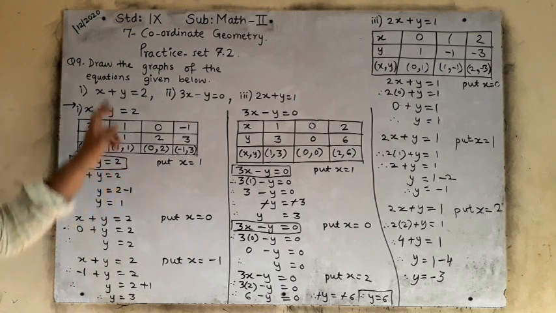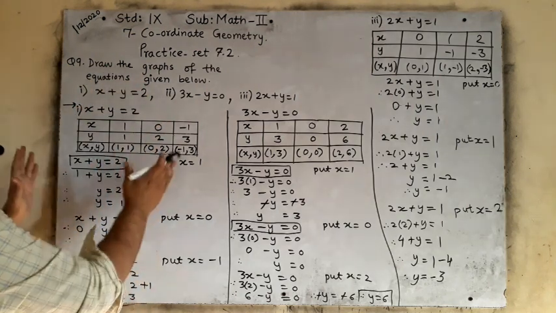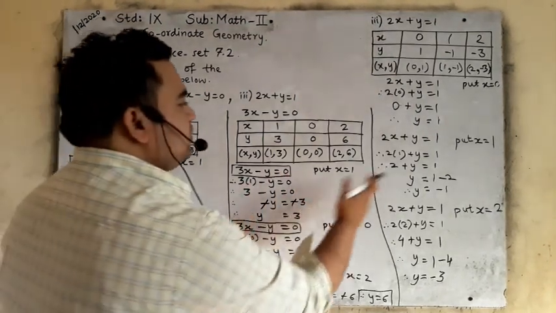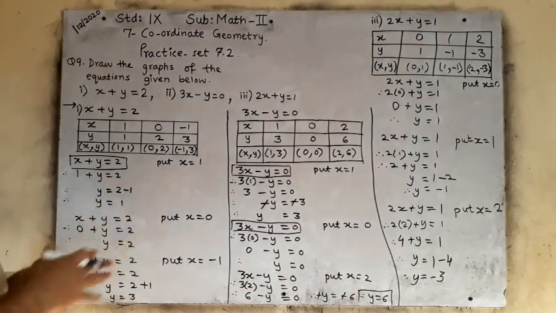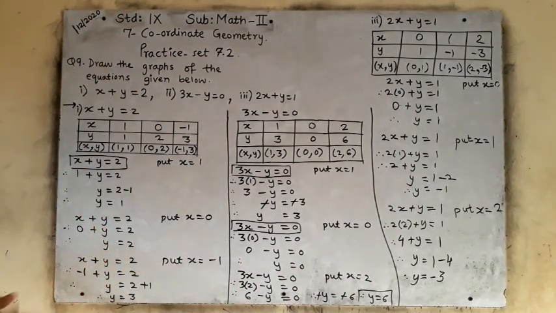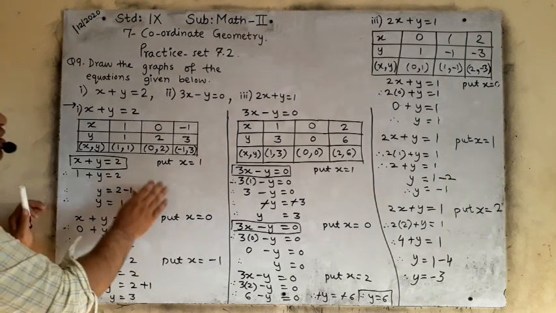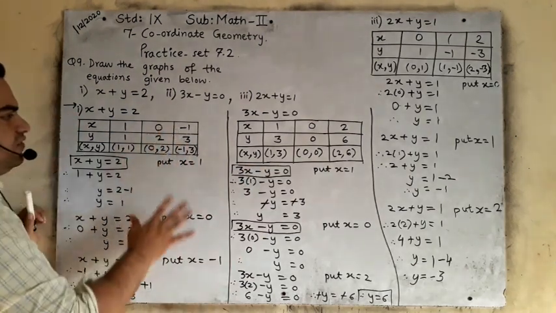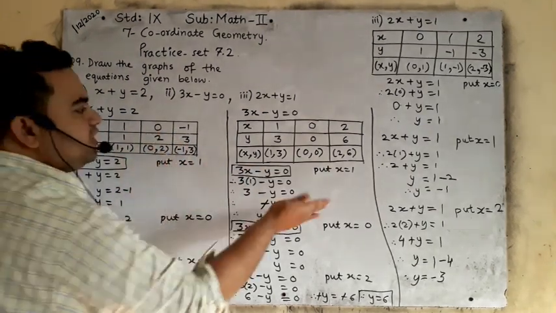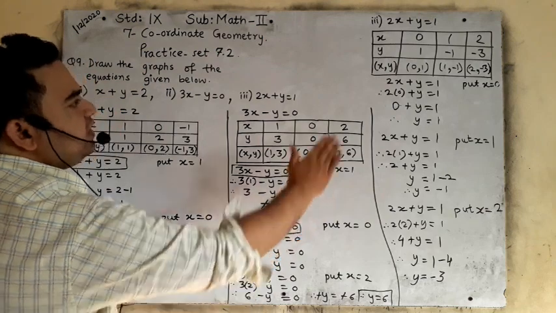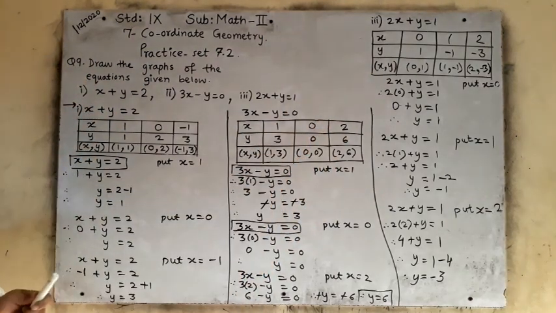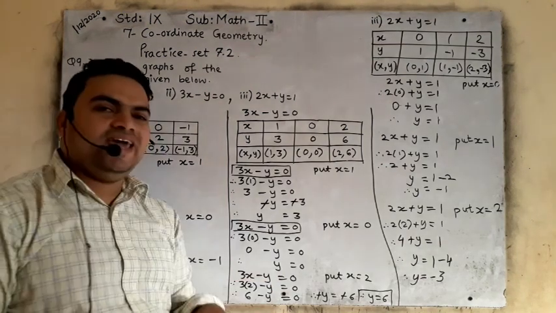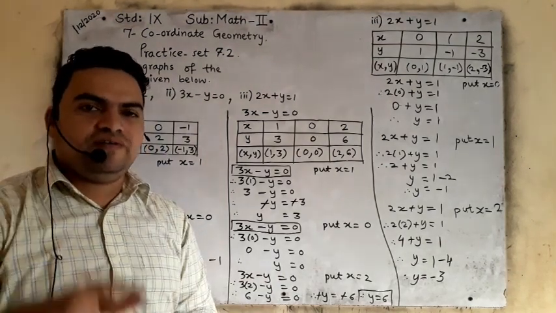You can draw the 3 different graphs, one graph for this, one graph for this, one graph for this, or you can show all the points in the one graph also, no problem. Is it clear? It is better if you draw 3 different graphs, one for the first, one more for the second, and one more for the third. The values x is equal to 1, x is equal to 0, x is equal to minus 1, anything you can consider according to your favorite choice.